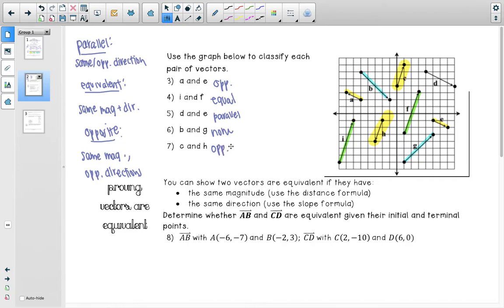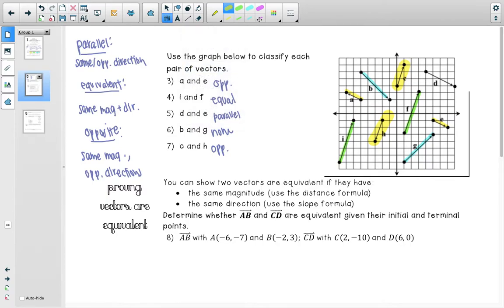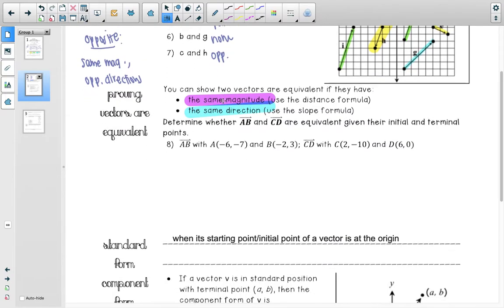All right, moving on. Proving that vectors are equivalent. There's two things you have to know. Okay, they have to have the same magnitude, so using what we did on the other side, in the first video, and they have to have the same direction. So that's how you use the slope. So we have like 4 things to do for